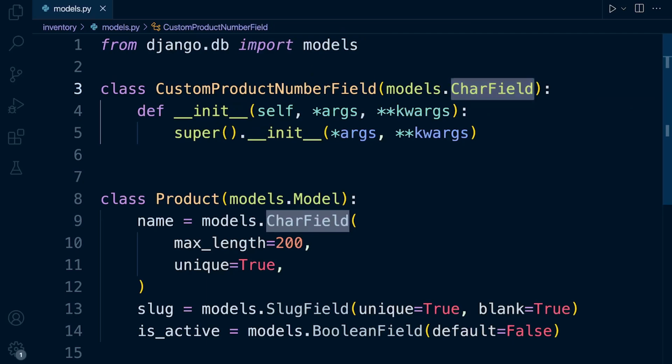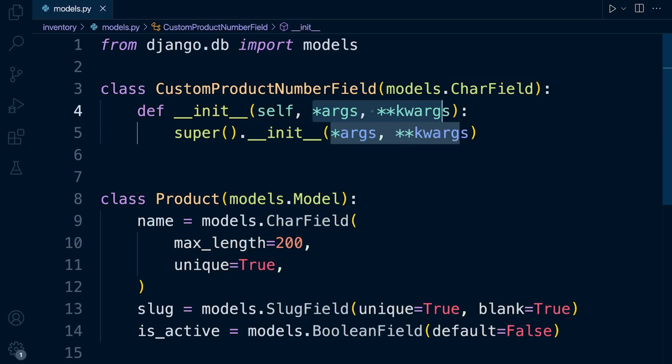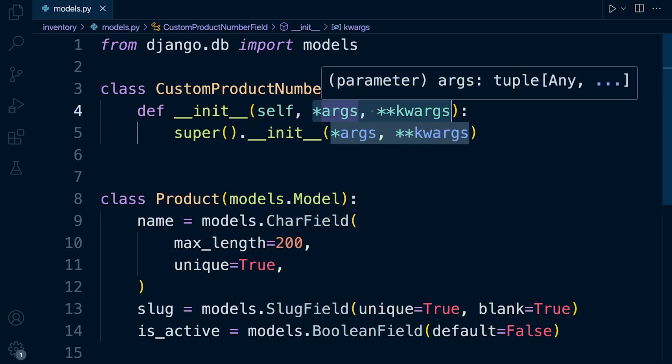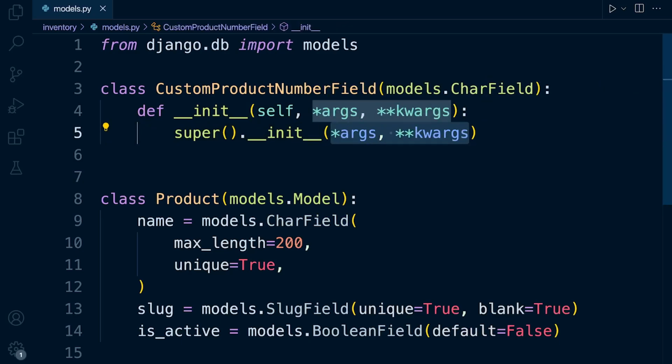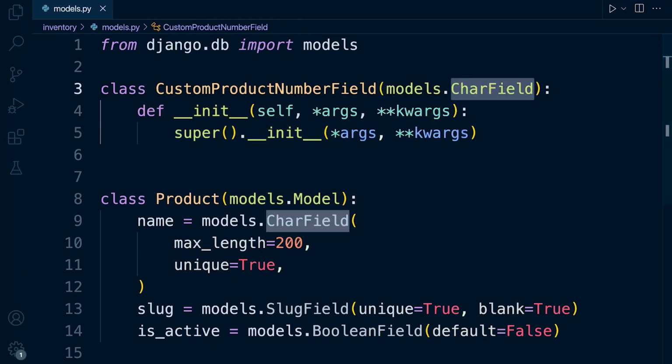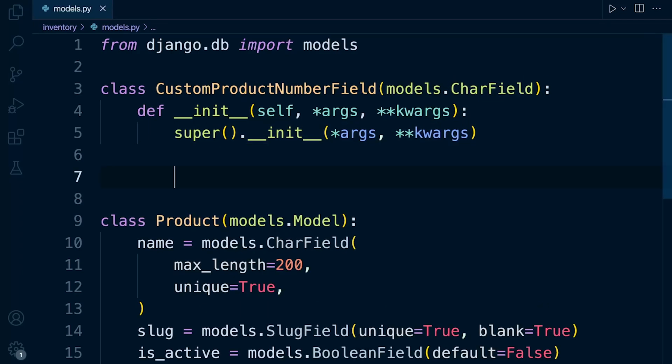So what we're doing here when we create our initialization function in this class is potentially passing over any arguments or keyword arguments to that character field class through this super here. This will allow us to perform any customizations we need when the character field class is initiated. Right, so we've inherited everything from character field. We've initialized the initialization method of that class, and now we're ready to perform some